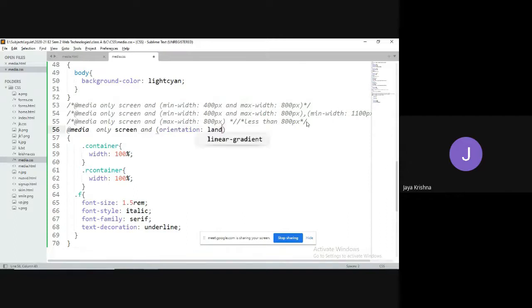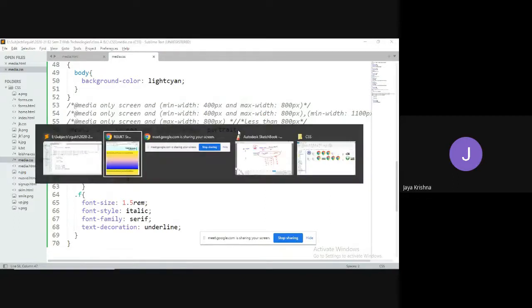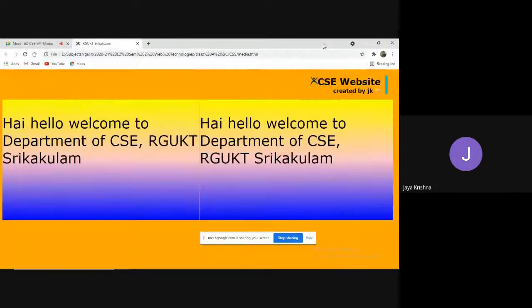If the orientation is landscape, I need to apply some set of properties. Here it is not good for landscape, so I will go for portrait. If it is portrait, the width is small, so that is the reason I have taken portrait. Observe.